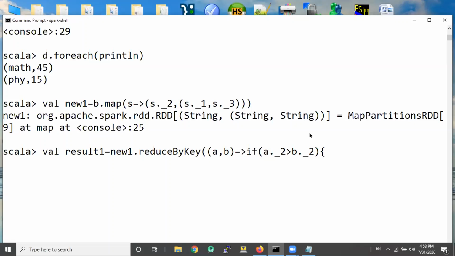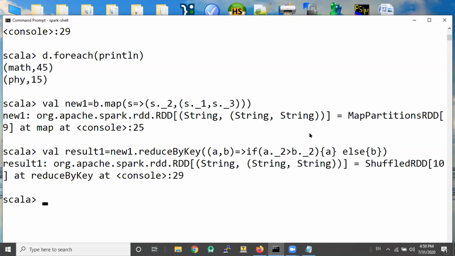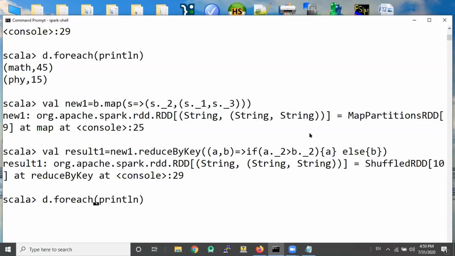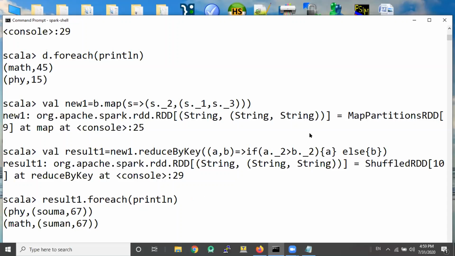So we return A. That's a tuple. Else we return B. Done? String, string, string. So the result is of the same type as the operands. Now let's do a println. Can you see it? The person with the highest marks along with the highest marks that he or she has obtained.